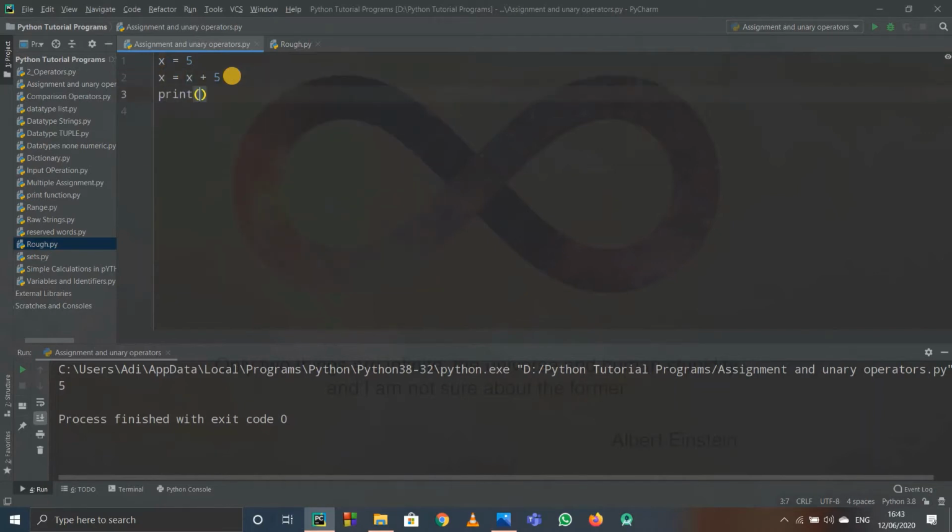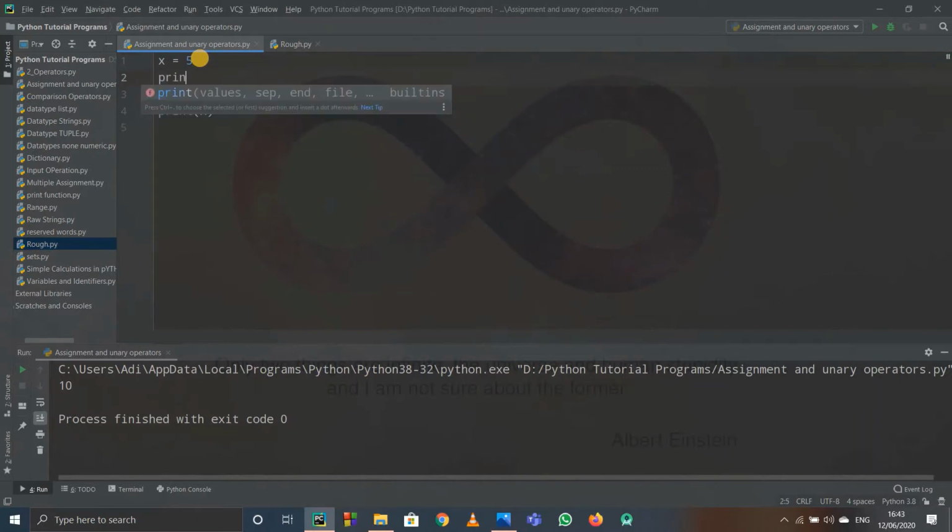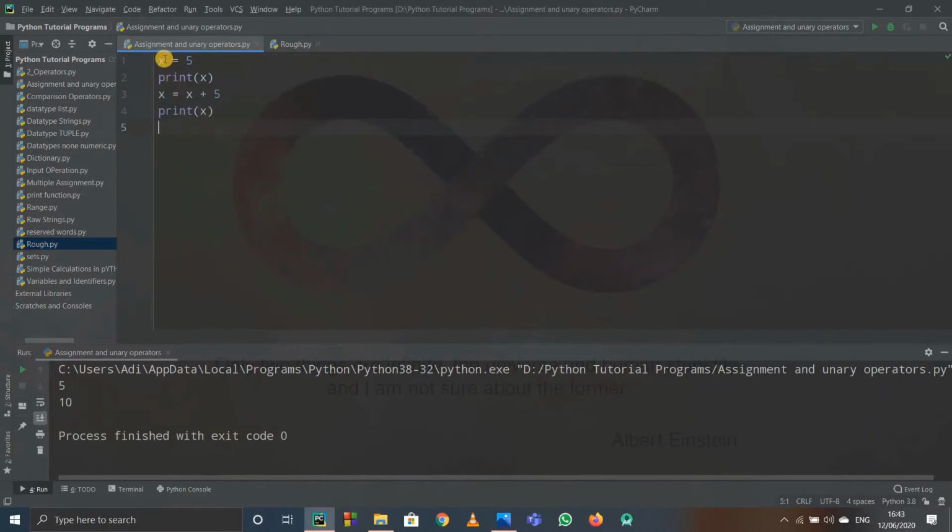So when I print out x now, it will print out the value 10. But see, if I write print in between, that if I write print x over here and I run this code, it will print out 5 first, because first of all x was 5, it printed out 5, then I change the value of x to old x plus 5, so it changed the value to 10 and it printed out 10, that's it.